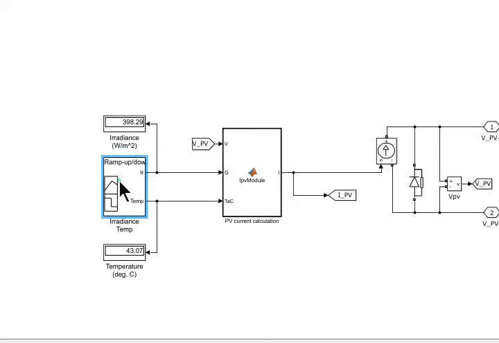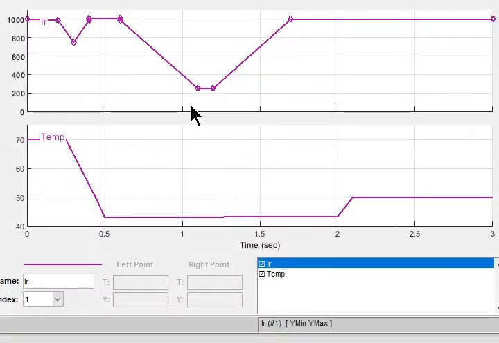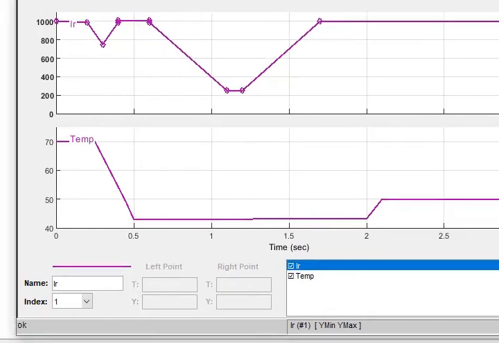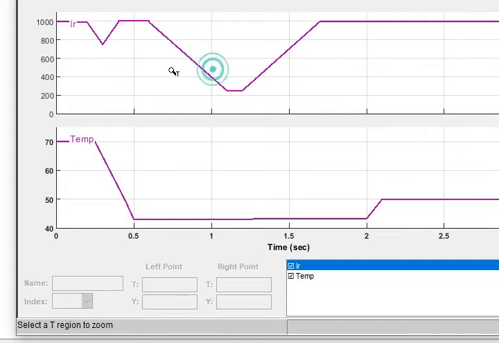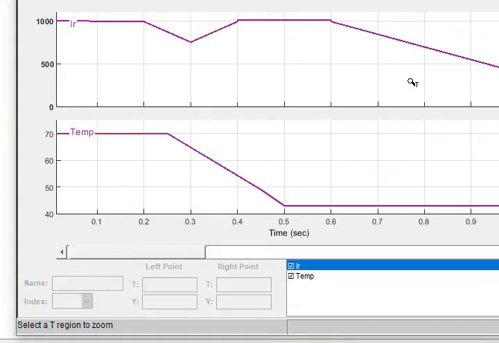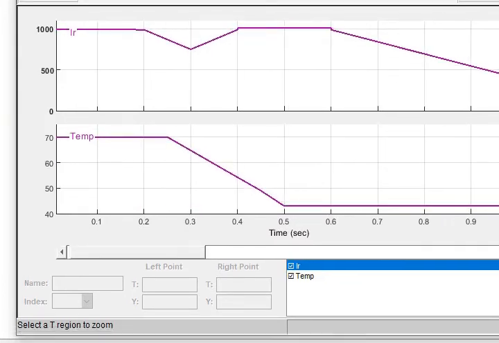So let's open it. Yes, it opened. We have simulated this function for 1 second. So again, just consider it for one second, as I have simulated the system for 1 second. The G radiation will be something like this.